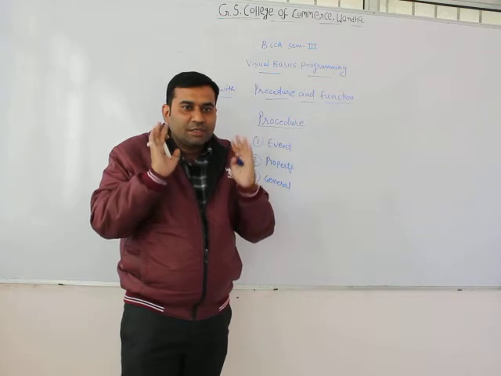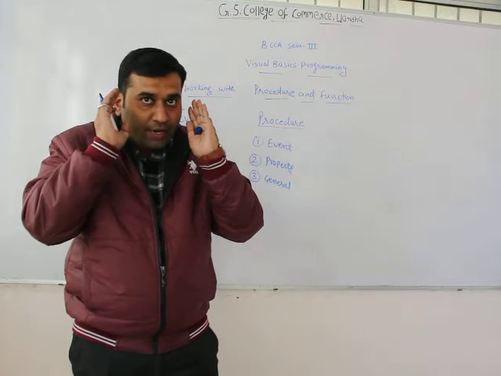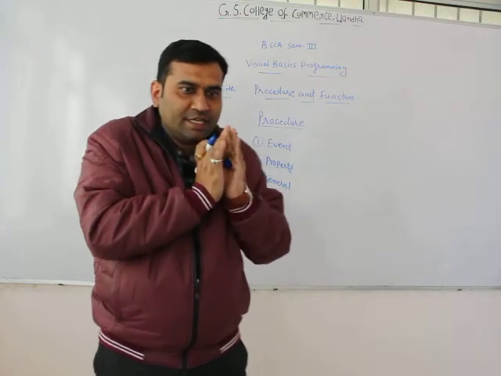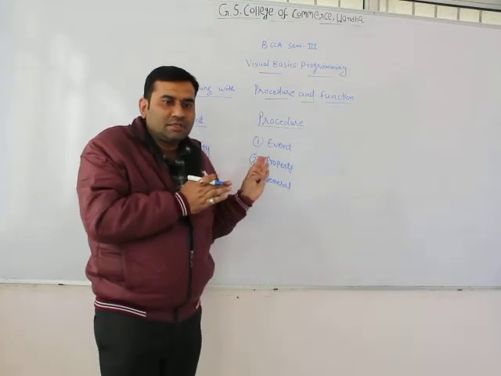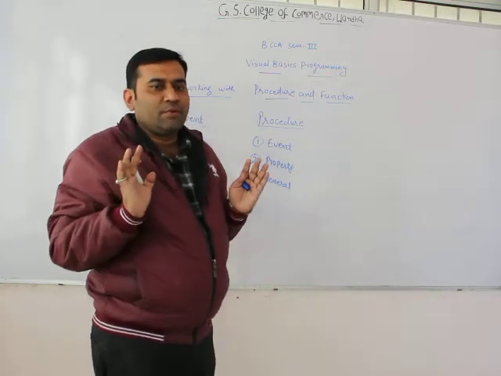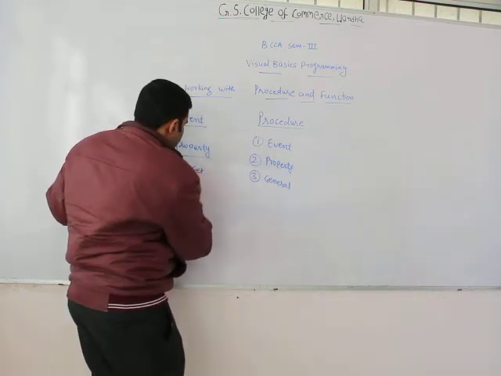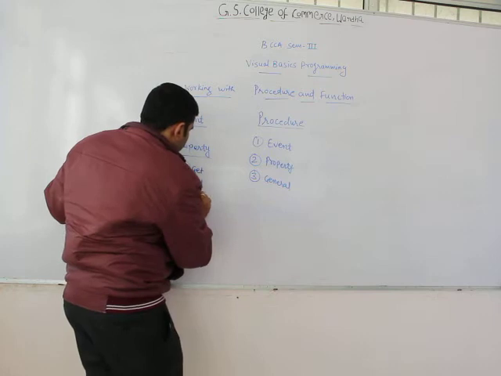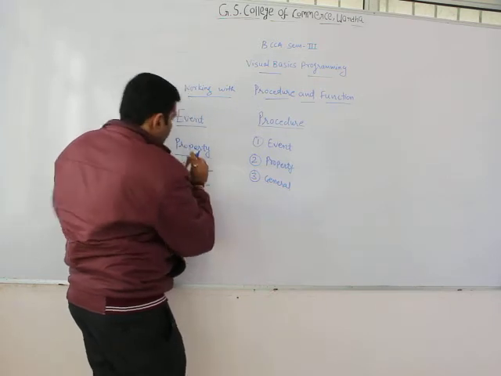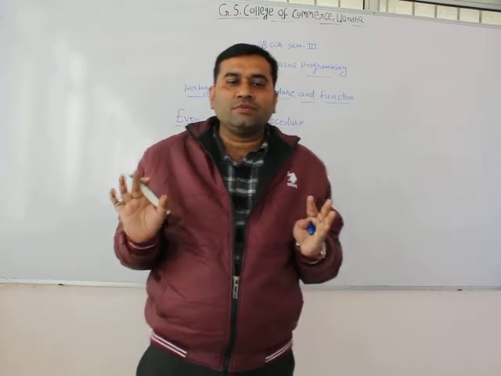Property procedures are mainly used to create the properties for a class and can set its value from any application that creates an instance of the class. There are three types of property procedure: first is Get, second is Set, and third is Let.